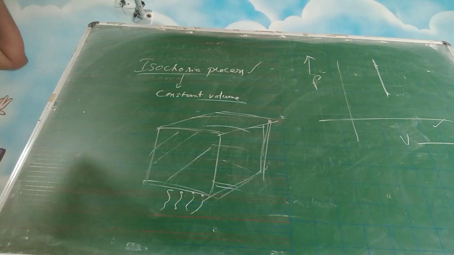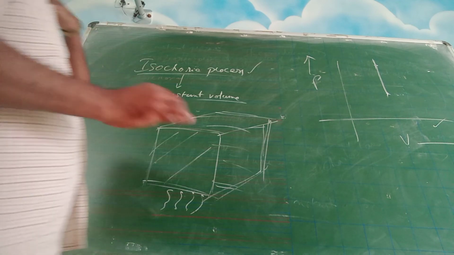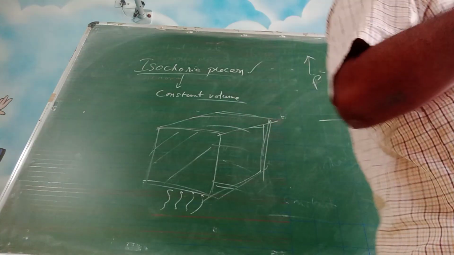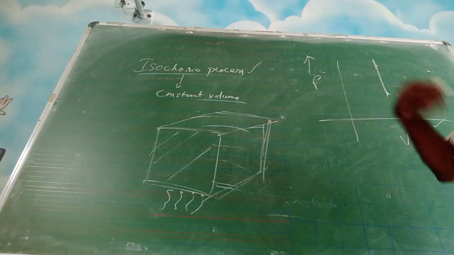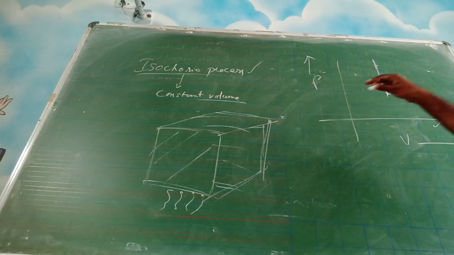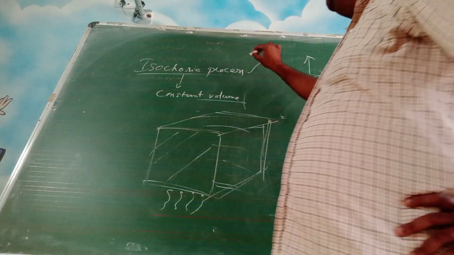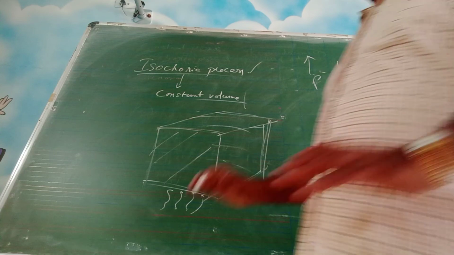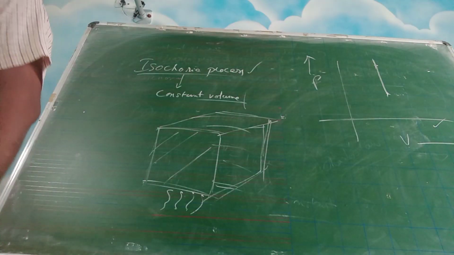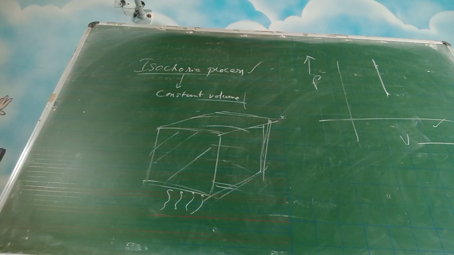In the isobaric process, we have to talk in terms of PV diagrams. So there will be some heat exchanges when you give heat to the system, or when you take heat from the system, all these things will come there. But essentially, you have to understand what constant volume means. You have to contain the gas in a fixed known volume. Okay.